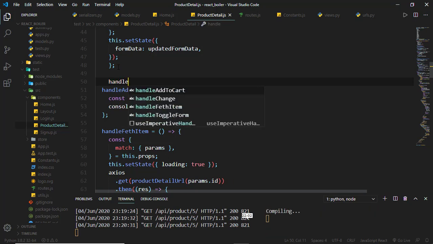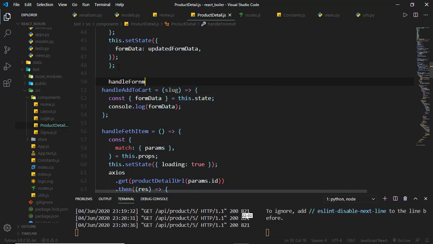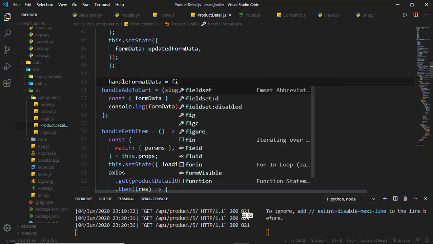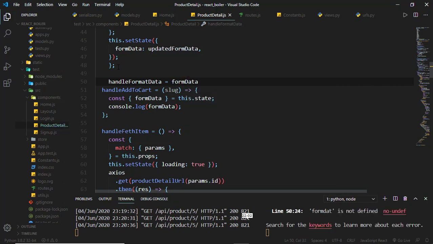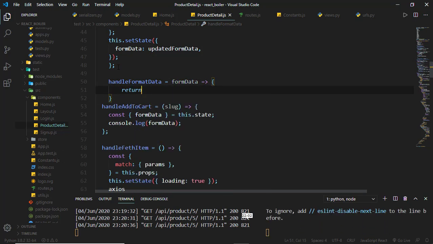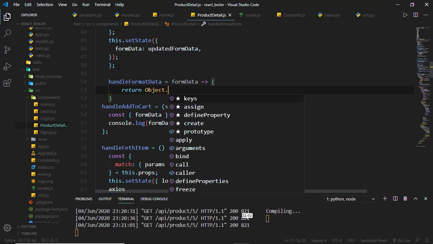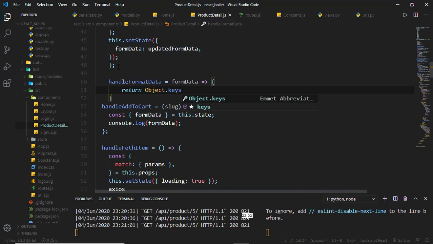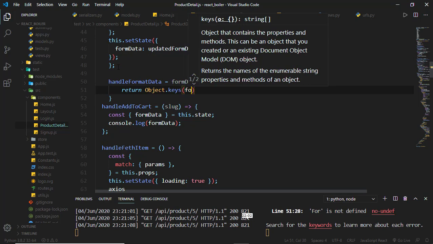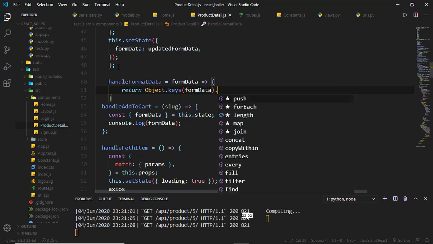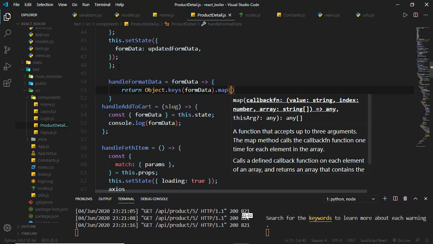So handle format, so handle format data, which is just going to take in the form data. So form data, and we'll just return object dot keys of that form data. So object dot keys of form data dot map. For each key,